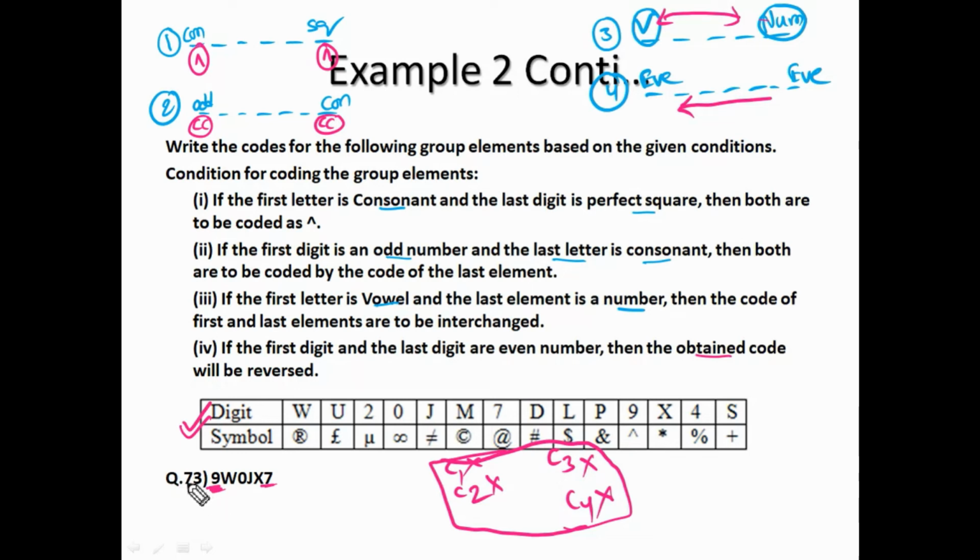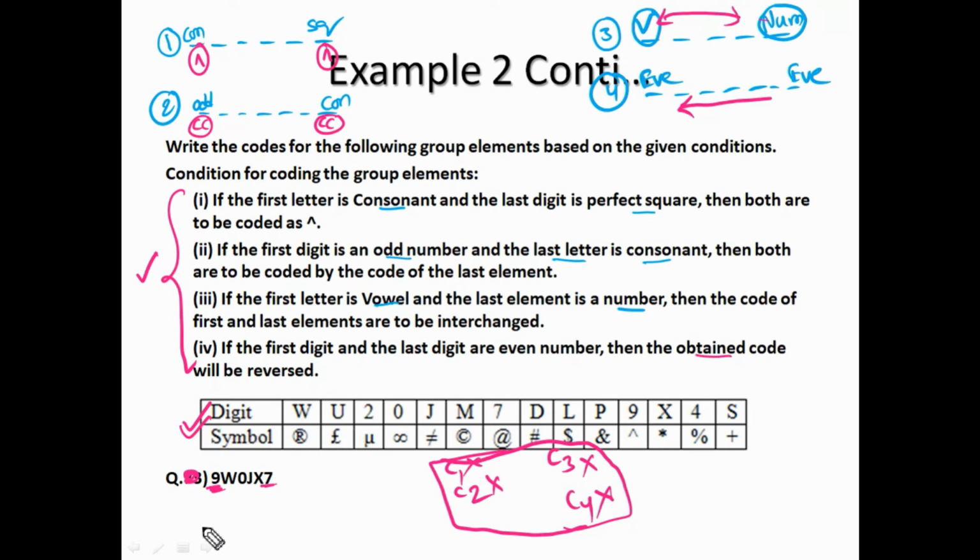Is there any mistake in the question? No, sir, there is no mistake in the question. So yes, this model is as it is coding. If any condition follows, we have to satisfy that condition, otherwise follow the table. So here, all the conditions fail means simply code them as it is.